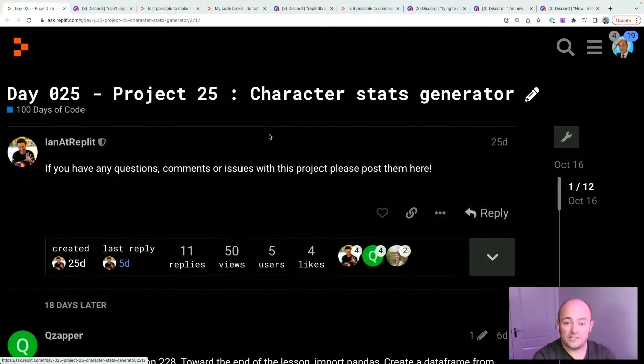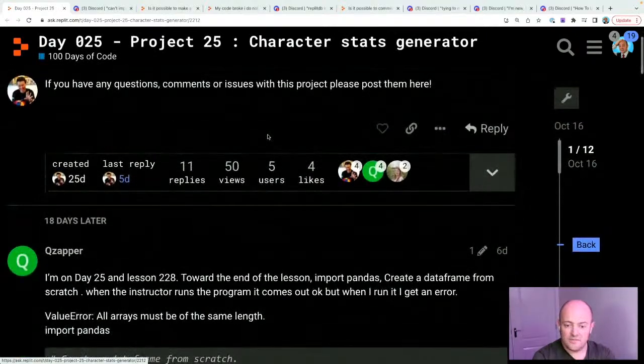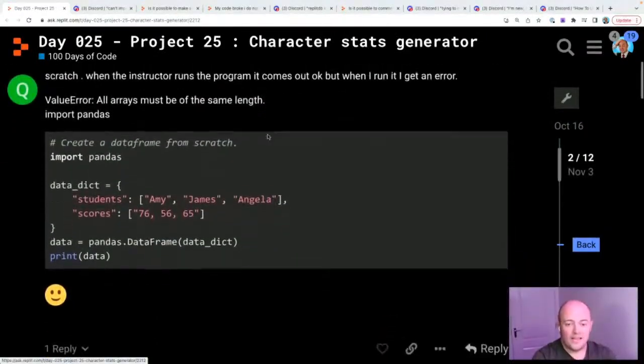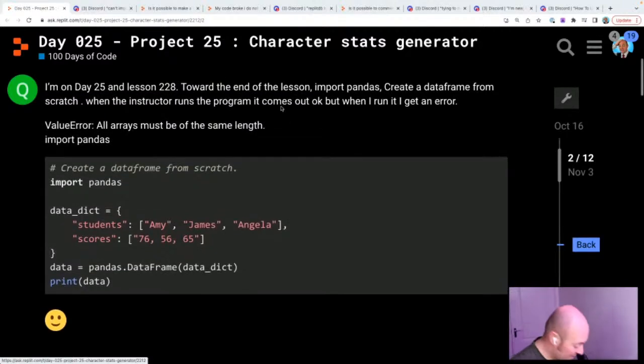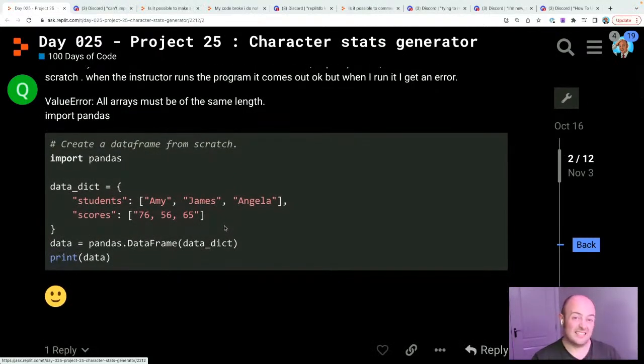Okay, another question from the 100 Days of Code. This is from day 25, and well, it was from day 25. One of the things I think is really interesting, and the reason I picked this question actually, is because clearly the user is posting a question that's not from our 100 Days of Code, because they're on day 25 and less than 228. That's not how ours works. But thank you for coming along. But the question is interesting, and they have formatted it well, and the answer is almost blatantly staring us in the face here. And you could stare at this question for a while.